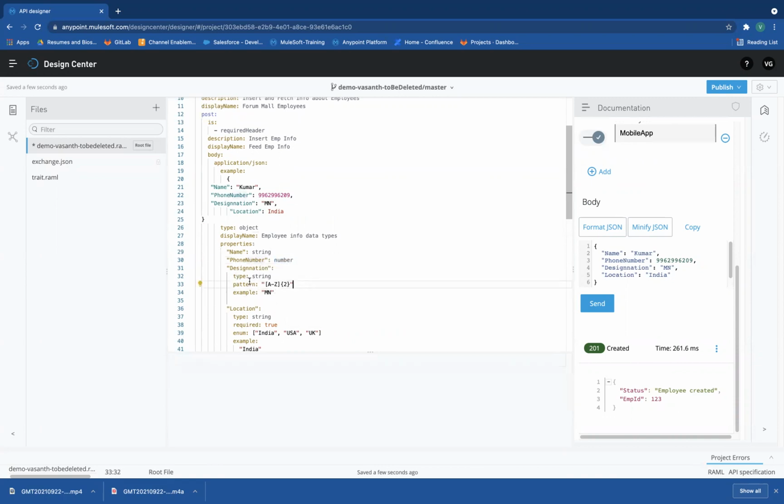So I have added a pattern for string actually. Let me try to do it for a number also. Firstly, I'll tell you what I have done for designation. I have restricted my designation to always be A to Z, which means uppercase alphabets, and it should be two letters. That is what I have restricted. So in my request, if I try to give something other than 2 letters, if I give 3 letters, what happens is